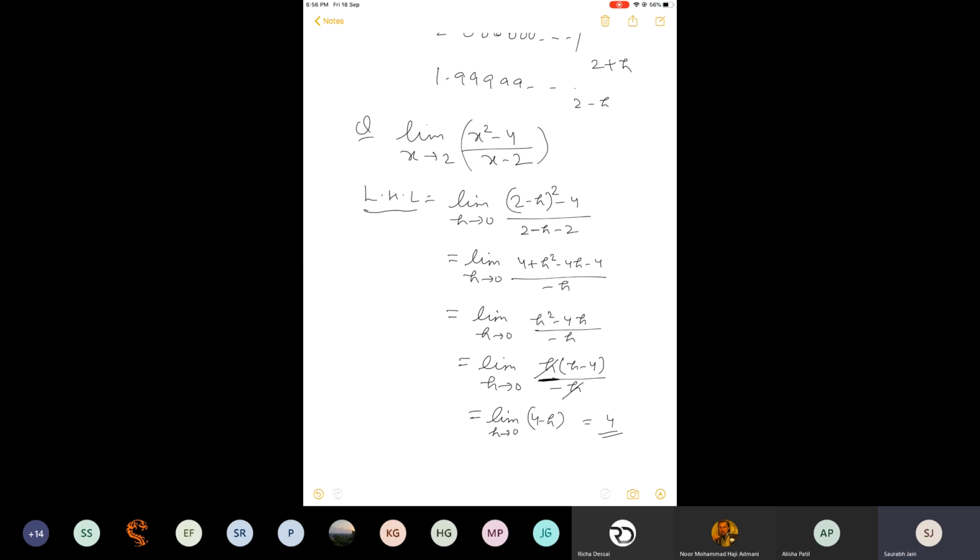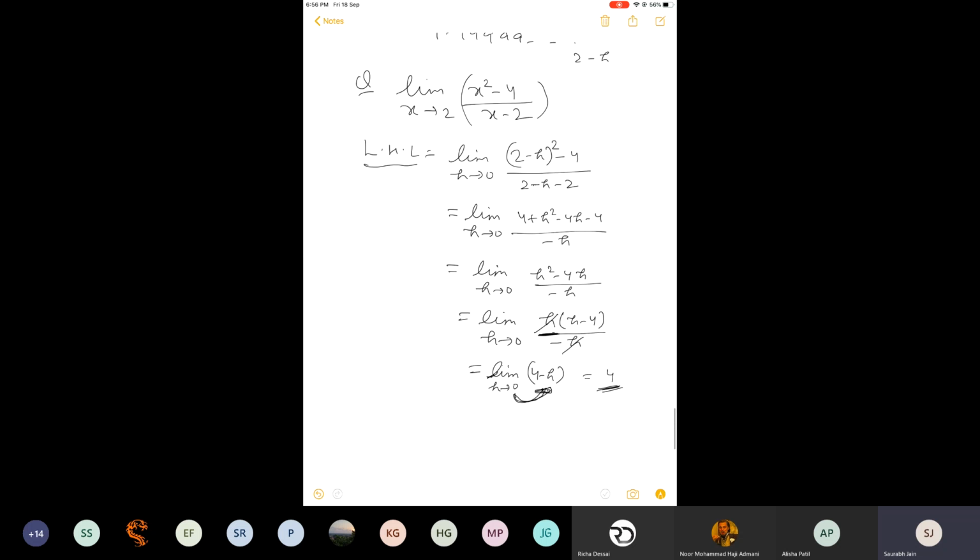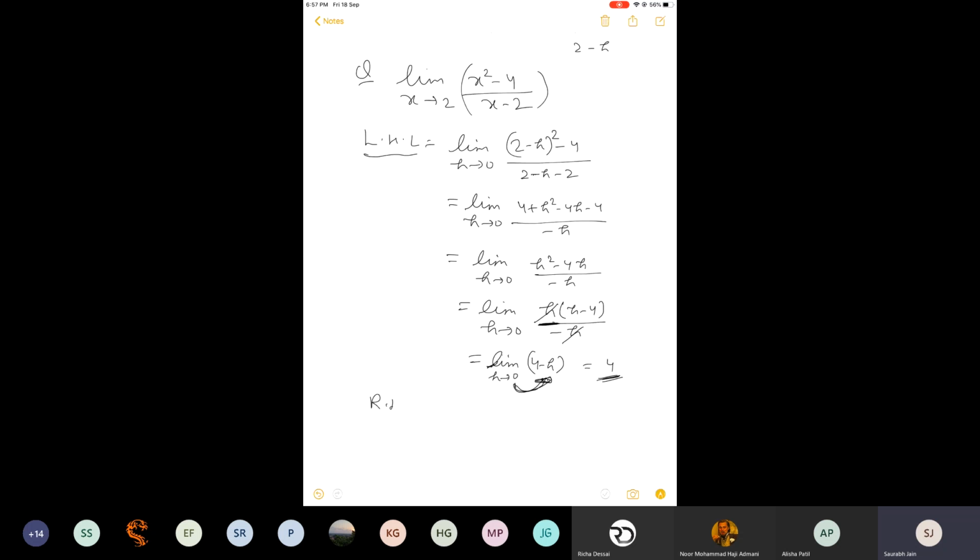Why? Because see, the function is not 4, the limit is 4. When you are putting this h here, you are not writing the value of the function as 4, you are writing the limit as 4, because this value will be 3.999 something like this. So that is why this symbol limit is used, which shows that the value of the limit is 4. This is LHL, but this is not the final answer. You have to find RHL also.